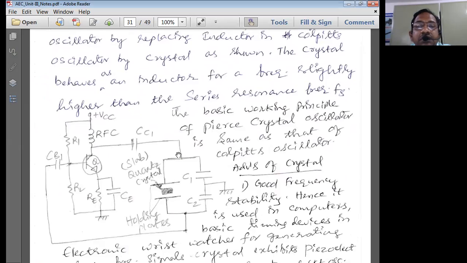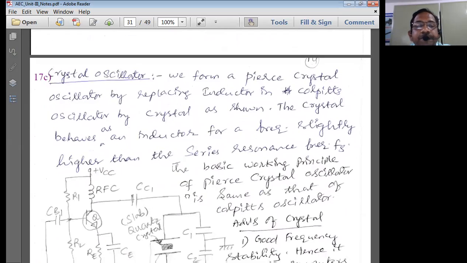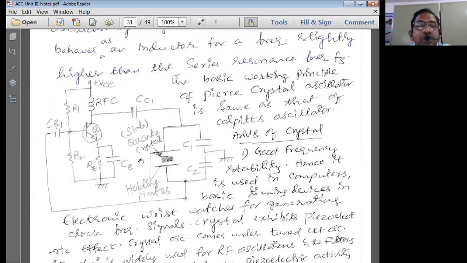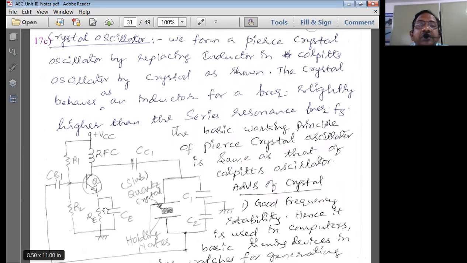We discussed this in the earlier session, that is called a crystal oscillator. In the feedback network, say for a Colpitts oscillator, instead of the inductor, we are normally going to replace the inductor by a crystal, a quartz crystal. Once you do this, the entire circuit simply becomes a crystal oscillator. And here we replace the resistor by a radio frequency coil called RFC. Then the circuit comes under the crystal oscillator circuit.